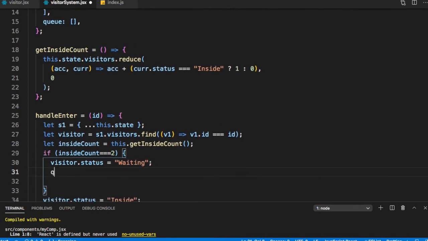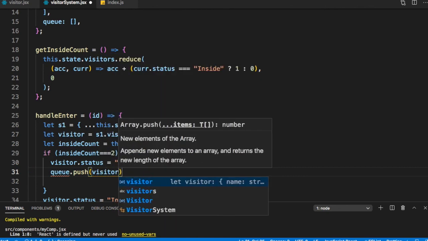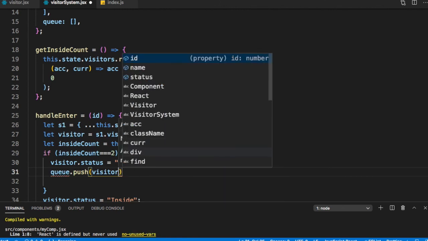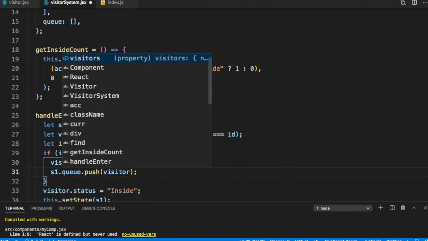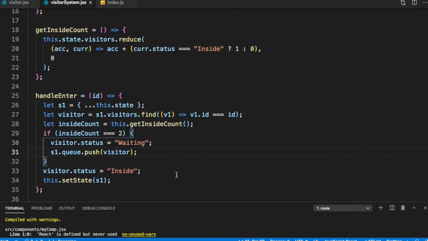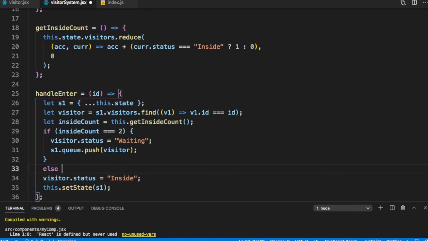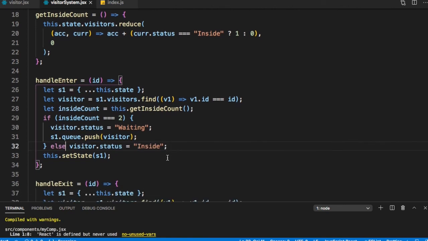We need to queue.push, let's say visitor.id. We can push the whole JSON object also. So if we want to do that, we could do that. So let's just push the whole JSON object into the queue, and it should not be queue, it should be s1.queue. So we have pushed this. Else, if the number of visitors were less than 2, then it is inside. So we have updated the state.